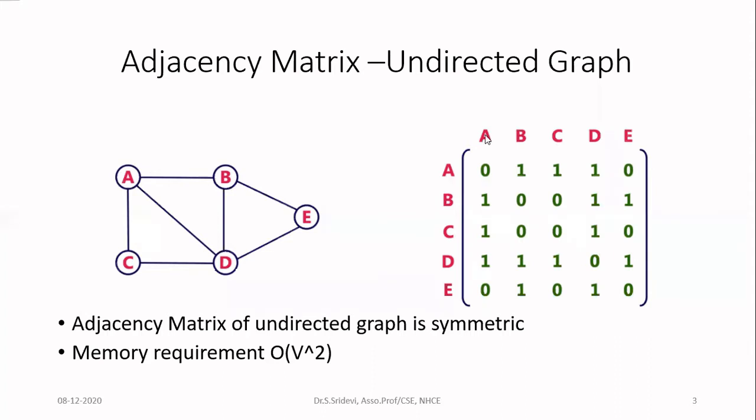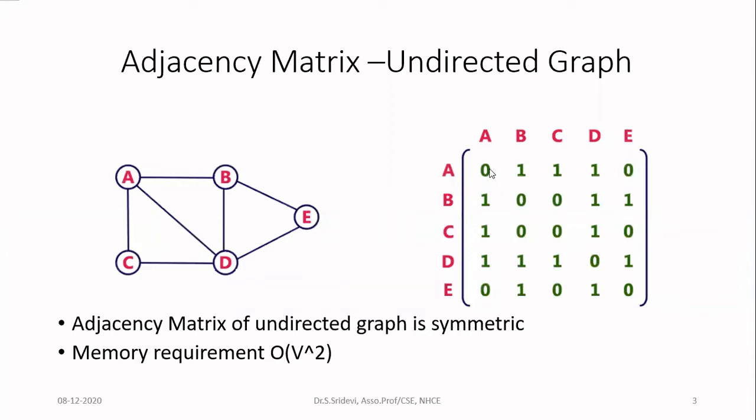If you consider this adjacency matrix, if the graph is undirected, the matrix is symmetric. You can consider the diagonal. In the diagonal, I have all zeros. When you write 1 in the diagonal, that means there is a connection from A to A, or from B to B. That is, a self loop is there. Whenever there is a connection from the node to the same node, you will write 1. If you consider this graph, there is no self loop, so all the diagonal is having the value 0.